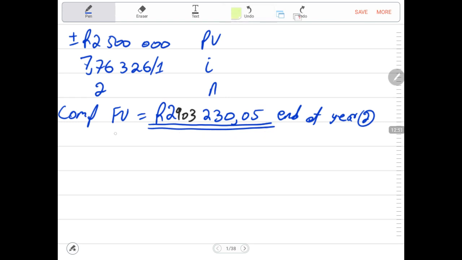And some of you will know that the future value must be converted to the present value, because this is what the farmer presently owes. It's the present value, not the money that he owes in the future, but he owes it now. It is the future of what was present 2 years back, but it is the present in terms of what he owes. So now we say plus minus